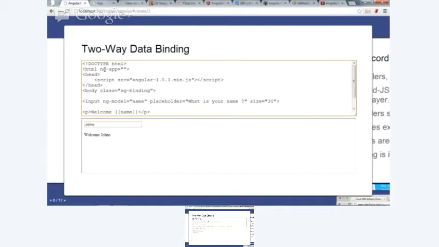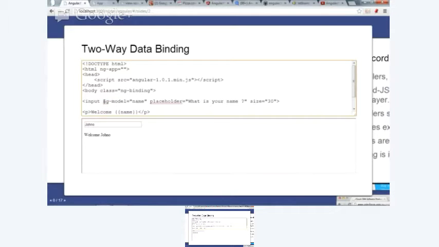Another design goal, as I understand from Angular, is using HTML as a declarative way of designing your application. So you can see here we have a placeholder for a value called name. Placeholders by default in Angular are double curly braces. We have just a plain old input text field with this attribute called ngModel, and all Angular attributes are prefixed with ng.